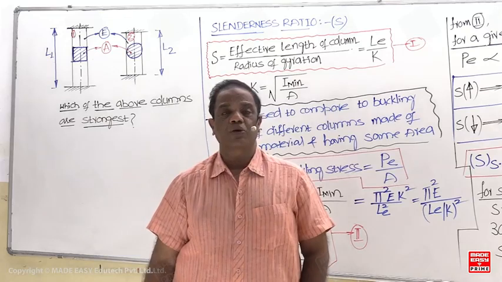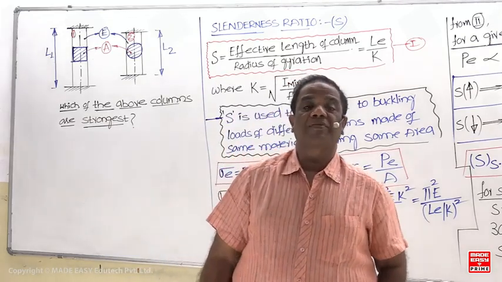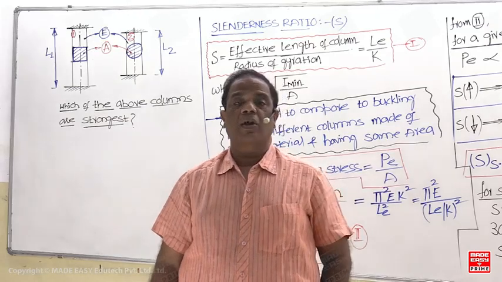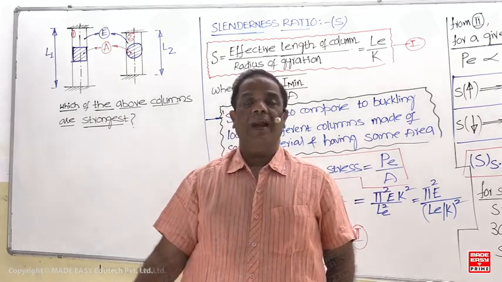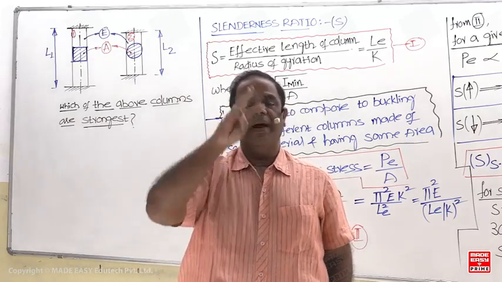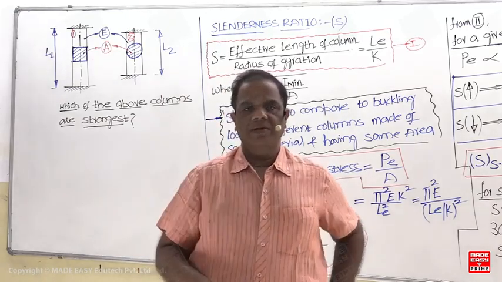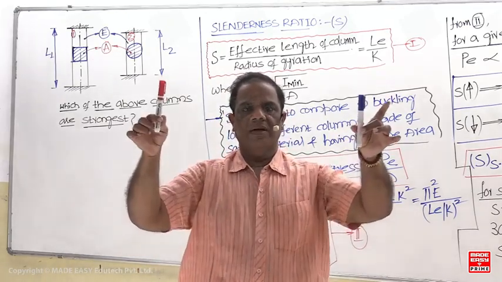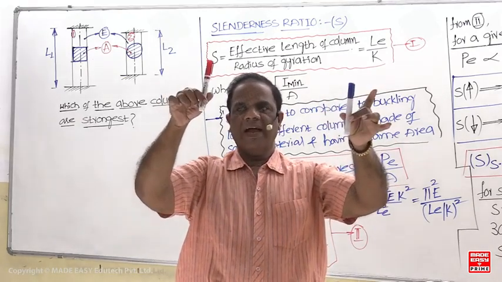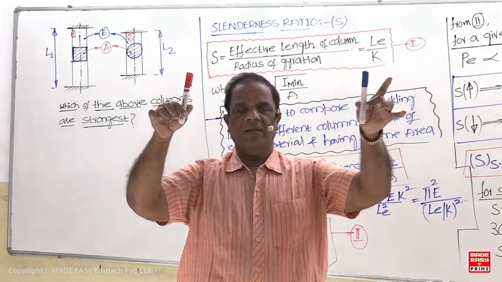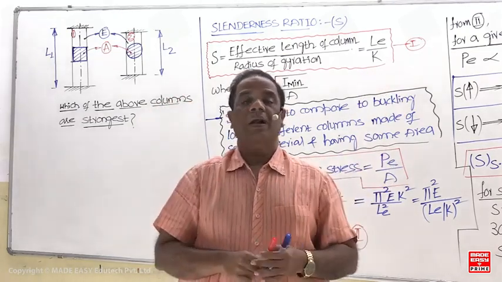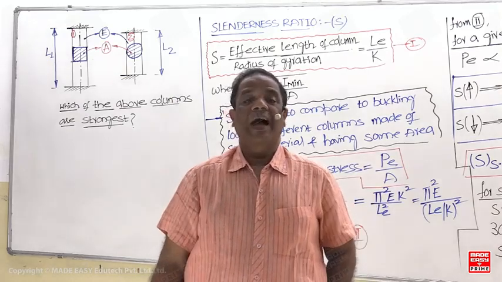So generally a standard question will be there now. If the diameter of a solid circular column becomes double, if remaining parameters are same, remaining parameters mean material is same, length is same, end condition same. There are two columns, same material, same length, same end condition. But this diameter is D, this diameter is 2D. Then automatically the buckling load of this column will be what? 16 times more. Buckling load is proportional to I minimum.